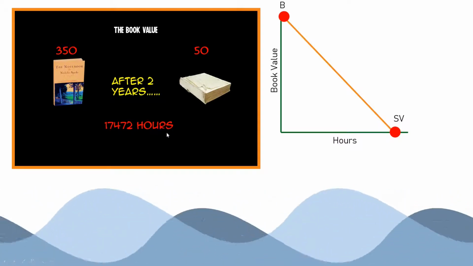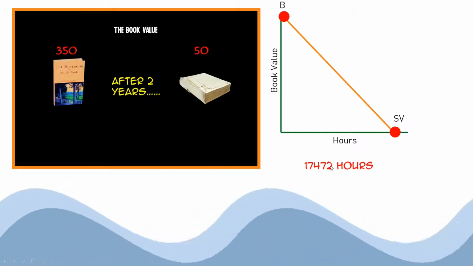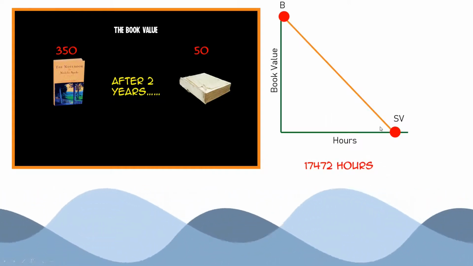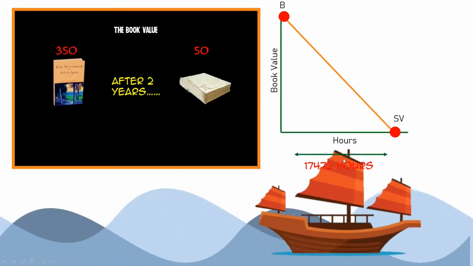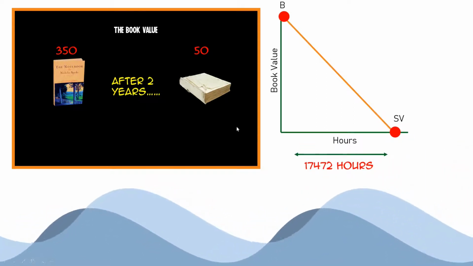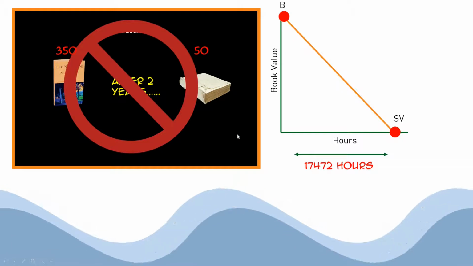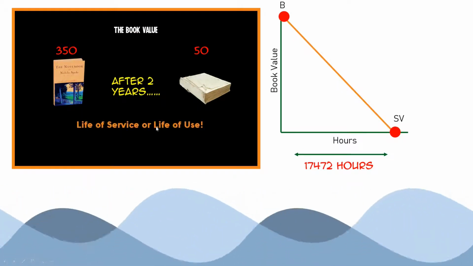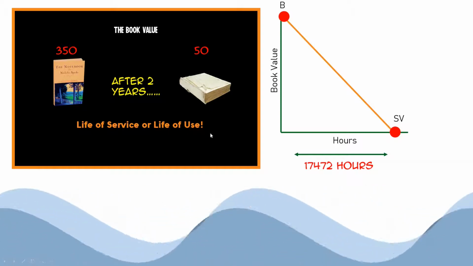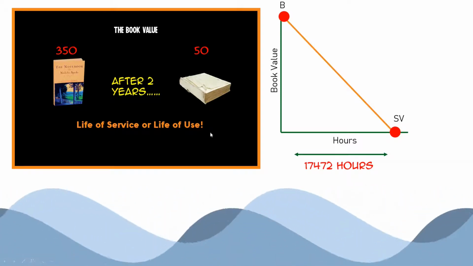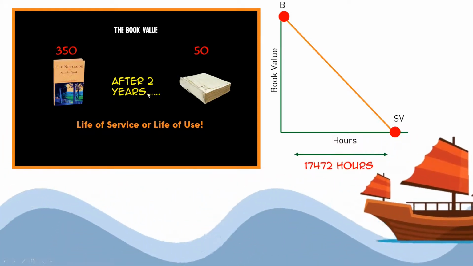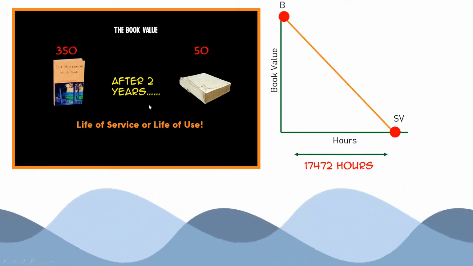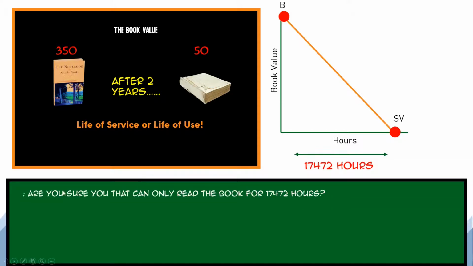Now, if by definition ginganina 17,472 hours, di ba, hours from the first cost nga mahimo siyang salvage value is this one. Is this right? No. Why? Because dili siya applicable, because by definition of working hours method, ang hours nga ginapasabot dira is the life of service or life of use. So, ang hours is like hangtod kanus-a siya pwede magamit. Regardless of pila siya ka years nag-depreciate. Okay? So, you begin to ask, are you sure that you can only read the book for 17,472